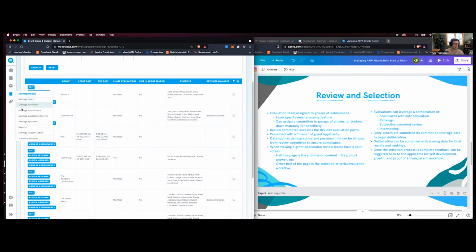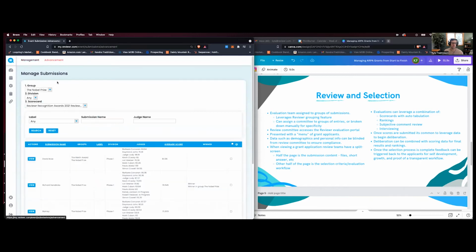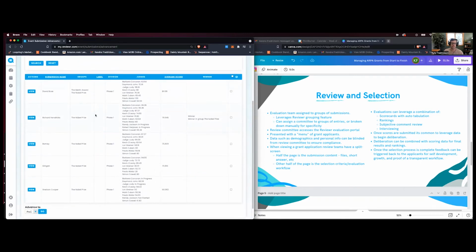So here's kind of what that might look like, and then we will log in as a committee member. Once the results start to come in, it's going to land on a page like this. It shows you a listing of every grantee that has been reviewed. It actually will show you every single individual staff member of yours that was in charge of evaluating it. It shows you their individual scores as well as averages. So from a mathematic perspective, it actually shows you in real time from high to low who your highest and